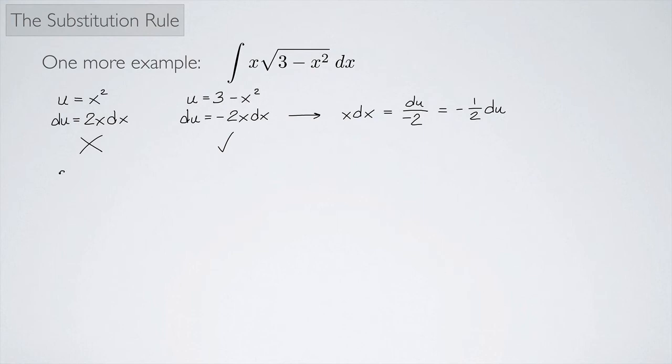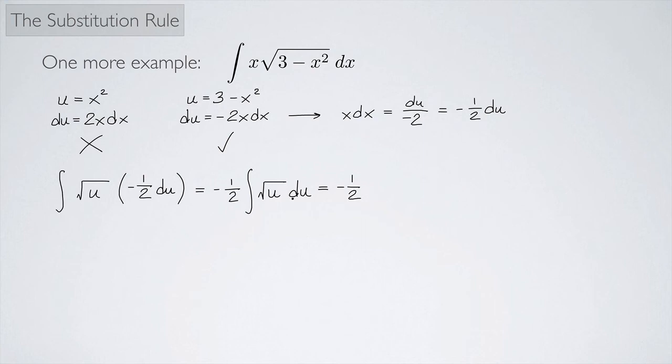Okay, so the integral now is going to be, so I have the square root of u, and then I have an x dx. x dx is negative 1/2 du. And that negative 1/2, of course, can come outside the integral. It's just a constant. So I end up getting the integral of the square root of u du, and that is a very easy integral. So I have negative 1/2, and this is really u to the 1/2 power. And so when I do the integral, that's going to be u to the 3/2 power divided by 3/2